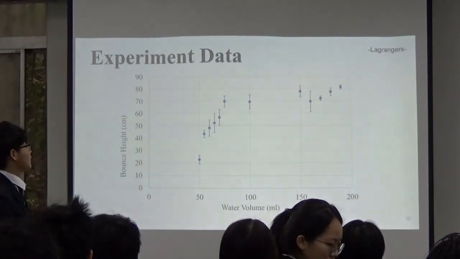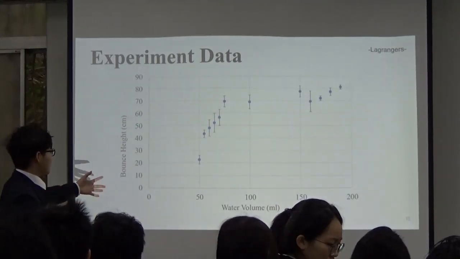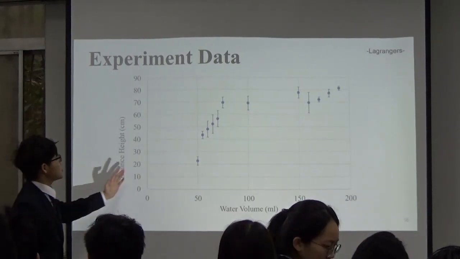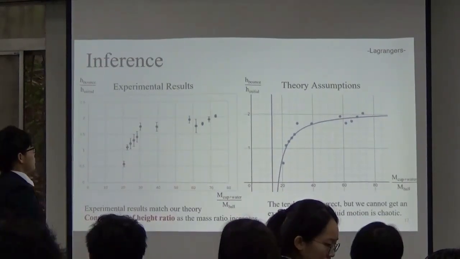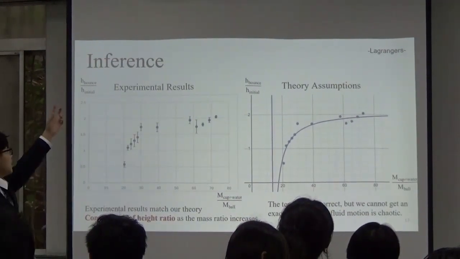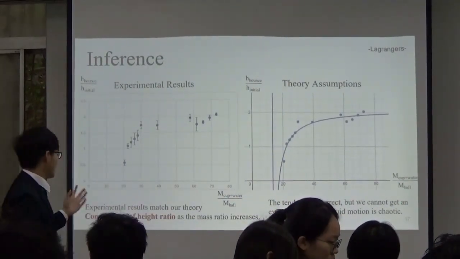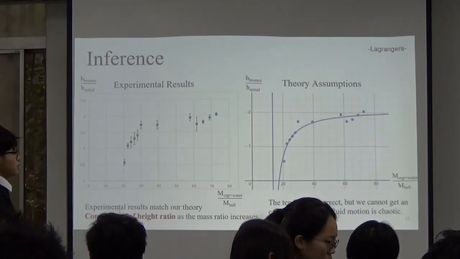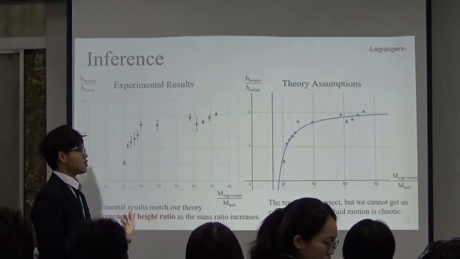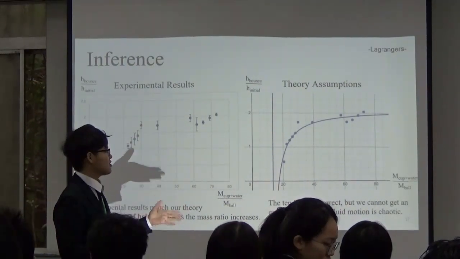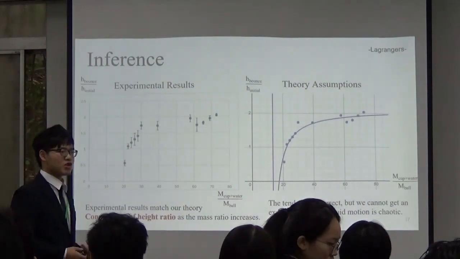This is our experimental data. As you can see, as the water volume increases, indicating a higher mass ratio, the bounce height converges right here. So we put this into the H ratio and mass ratio graph, and we can see the convergence of height ratio as mass ratio increases. Well, the tendency is correct. We cannot get an exact formula since there is energy loss in this experiment, and the fluid motion inside the